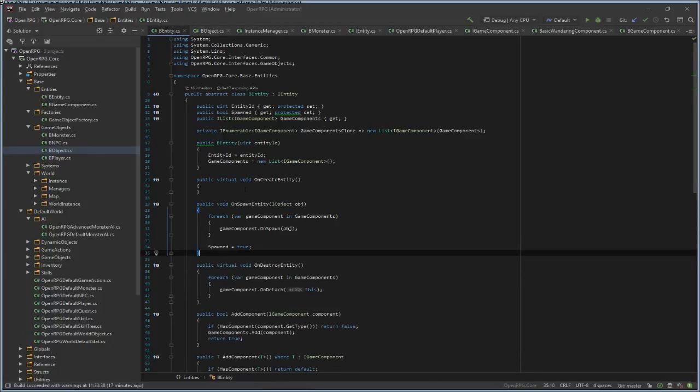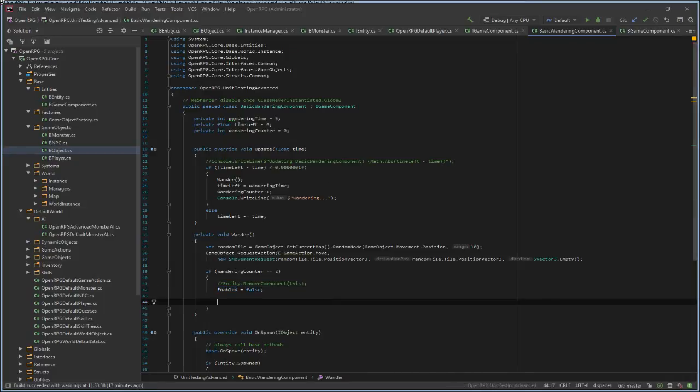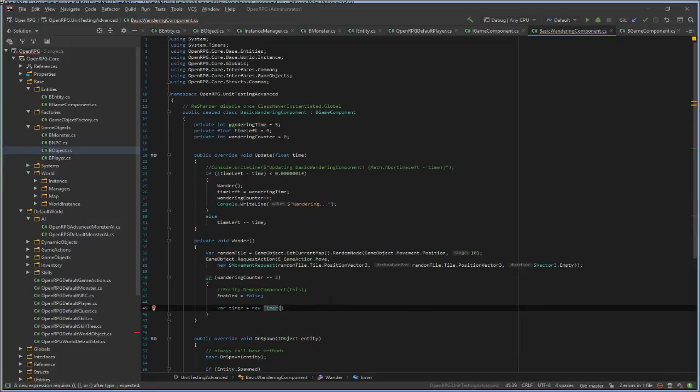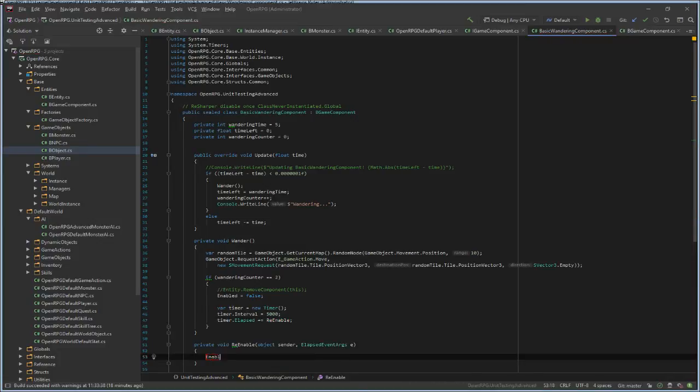What else do we have here? Oh, here I can create a timer, new timer. Yes, testing the timers. Timer interval, make that 5 seconds. Elapsed, re-enable. I'll call it re-enable. Enabled equals true.